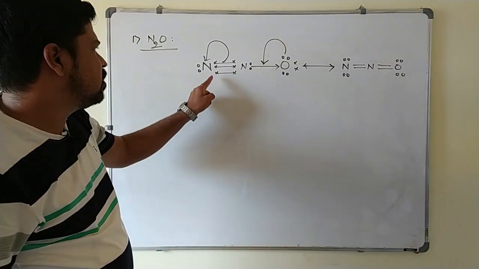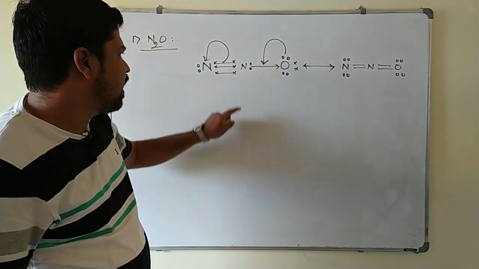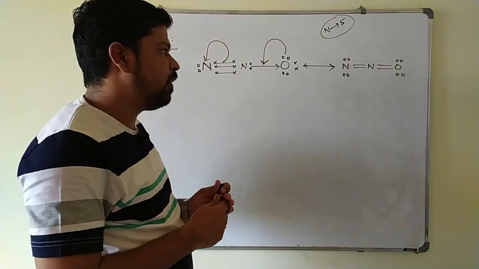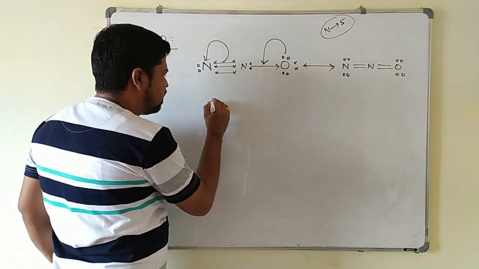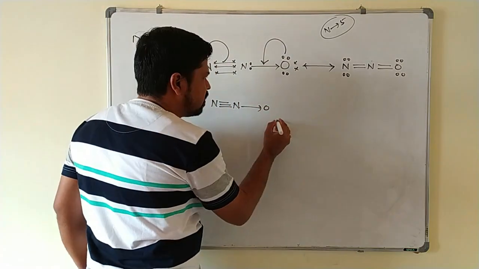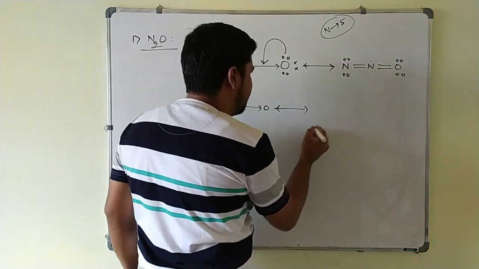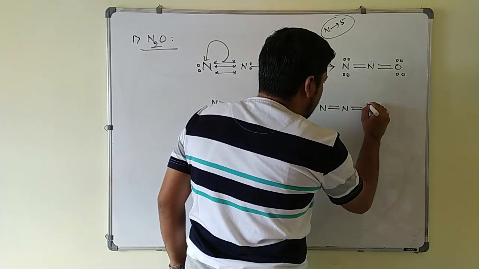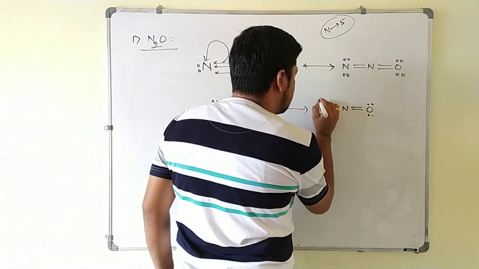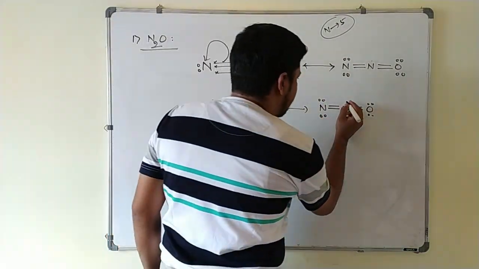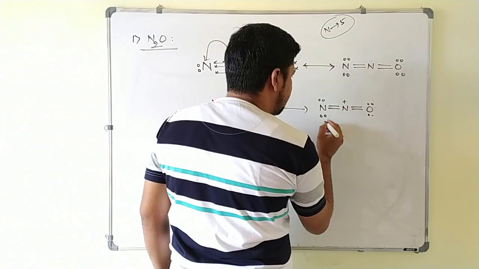This is the structure of N2O. You can write it like this also or like this also. So what is the structure of N2O here? You can write it as N triple bond N, single bond O, or else this can also be written as N double bond N double bond O. Here 2 lone pairs of electrons and here 2 lone pairs of electrons like this. You will get a formal charge on the nitrogen. This is positive and this is what?